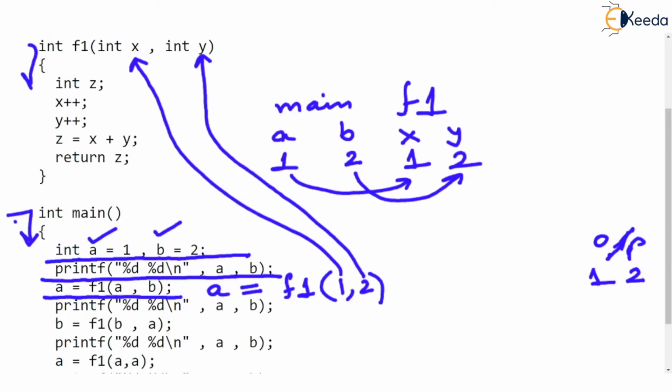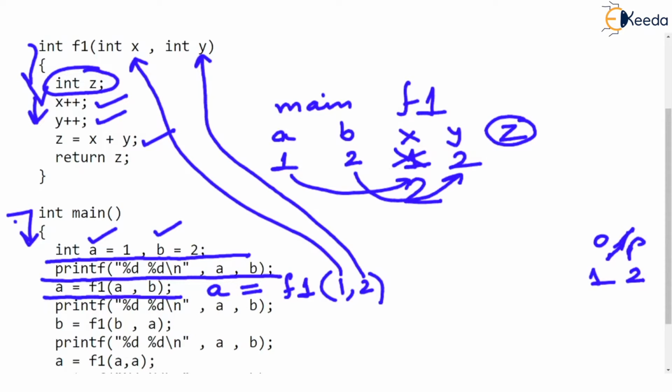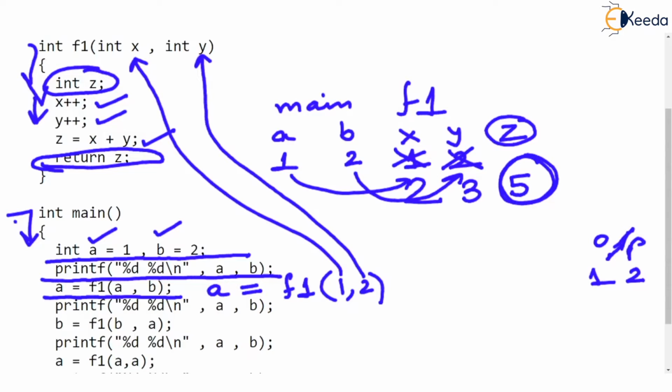And when the function begins, as you see, there is a local variable z. It's an auto variable z declared in the function. As in the previous video, x is increased, y is increased, and z becomes x plus y. So x becomes 2 as I am updating in this column, and y becomes 3 due to y plus plus, and z becomes 5 due to z equal to x plus y. And the last line, now I am encircling that last line, is return the value of z. So 5 is returned back to the call.